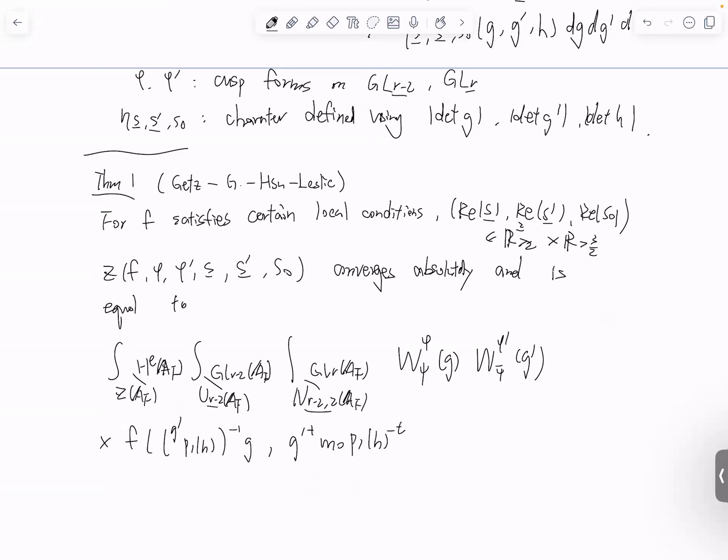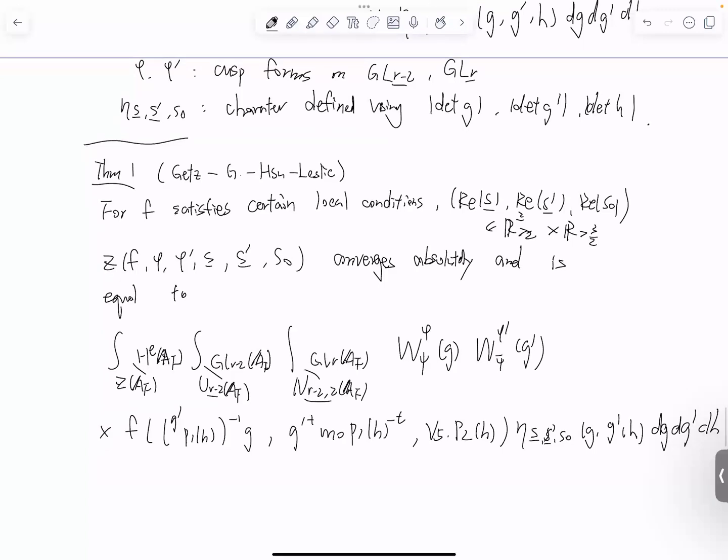This is after the group actions 2H and then eta s prime g prime h dg prime dh. So after unfolding, we can have this theta integral equal to an Eulerian integral, which can be